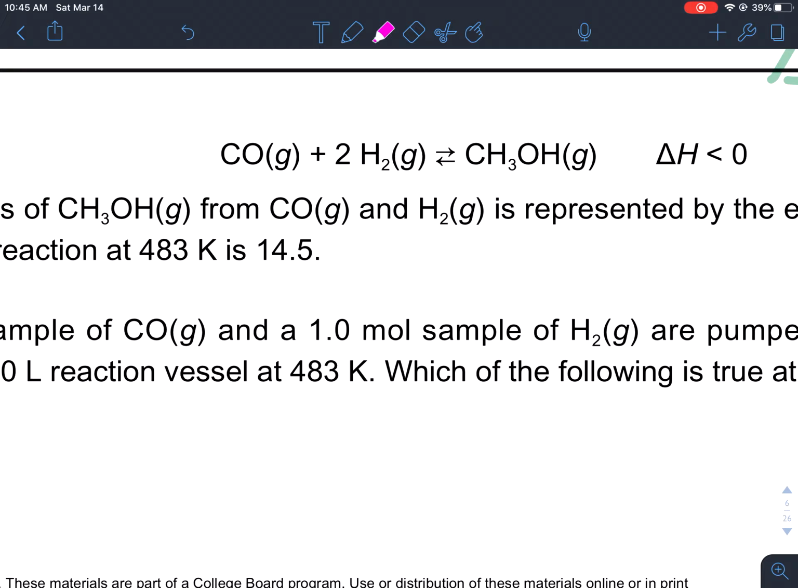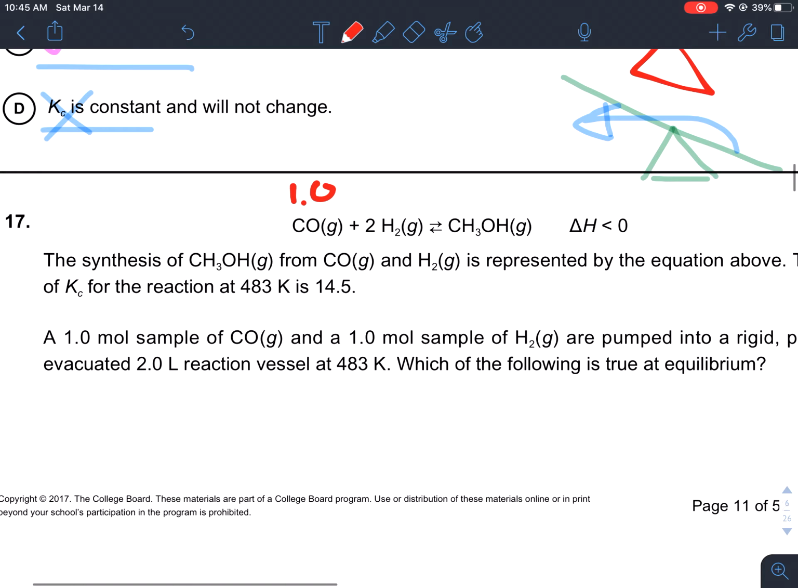So you have a 1 mole sample of this and a 1 mole sample of this. Now, just to let you know, think about who's the limiting reagent. That's the limiting reagent right there, because this gets consumed faster. 2 of those get consumed for every 1 that is consumed of the carbon monoxide. Anyways, at equilibrium,